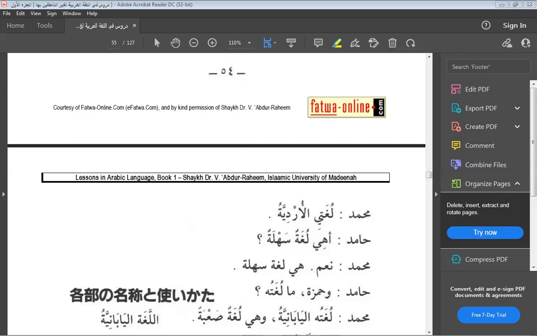Basically, the rule is numbers 1 and 2, you don't need the number. You just make the thing singular and dual. It suffices. When you want to count from 3 to 10, the number must go against the thing you are counting in terms of gender. If you are going to count cars, which is feminine,